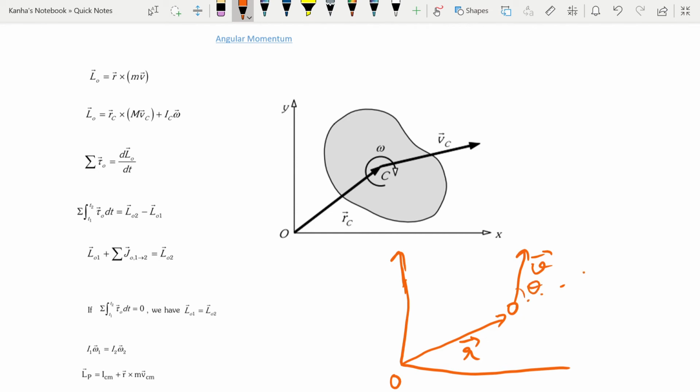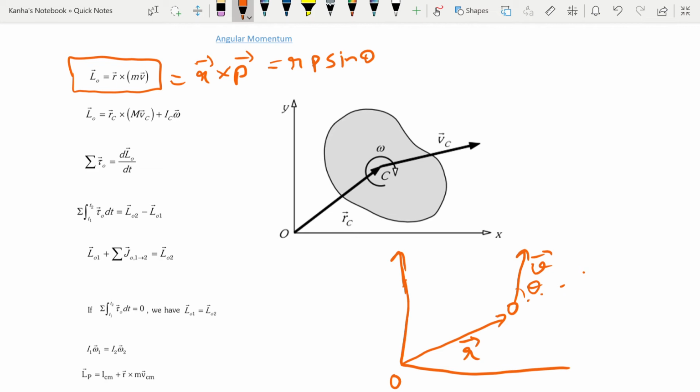So the angular momentum is defined about the origin. Note that just as torque was defined about the origin and about axes, similarly the angular momentum of a particle or for a system of particles is also defined with respect to some axis or some point. The first formula gives you the mathematical relationship between angular momentum and the quantities such as r and momentum. This is nothing but r cross p, where p is the momentum, or r p sine theta.